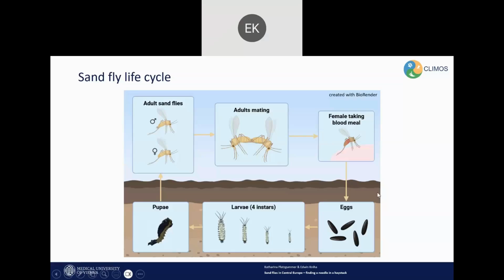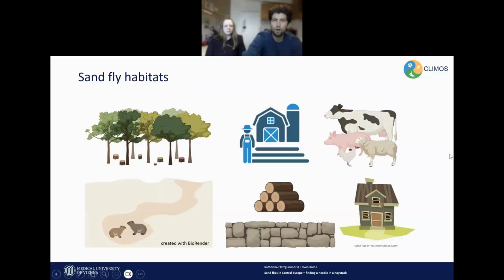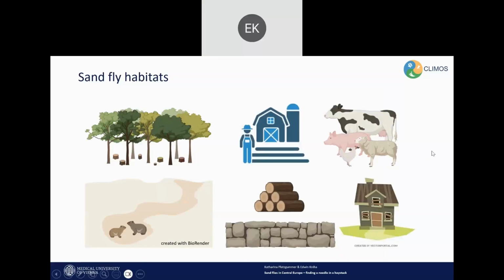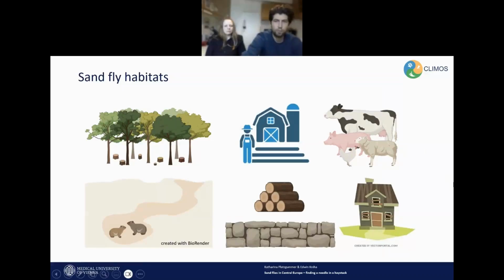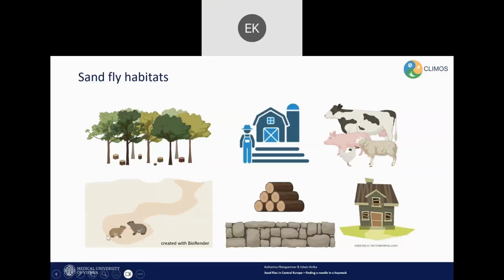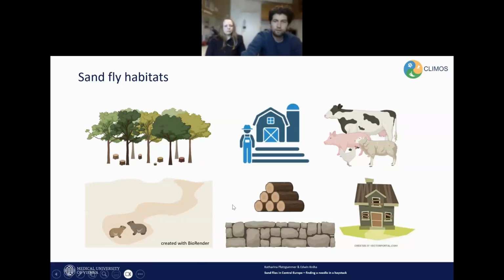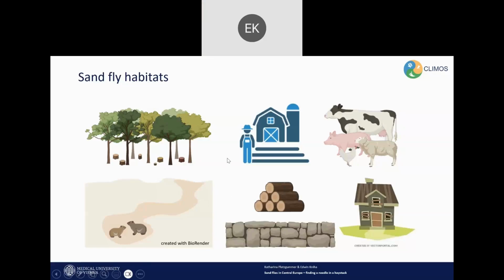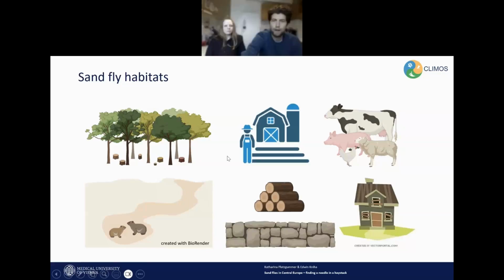And of course, this terrestrial life cycle somehow also influences the habitats where sandflies would be present, that are actually very diverse. If you look at just some of them, it can be very rural, including forests, for example. Some species would breed in rodent and animal burrows. But on the other hand, and also very often in Europe, we would find sandflies very close to human habitats,